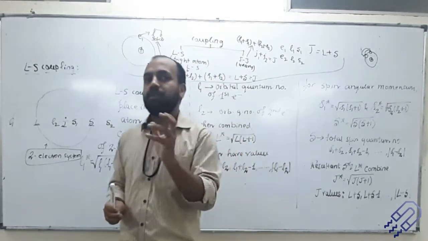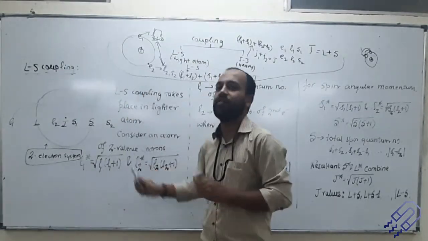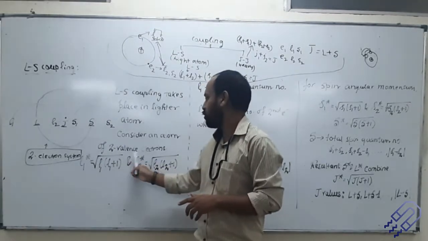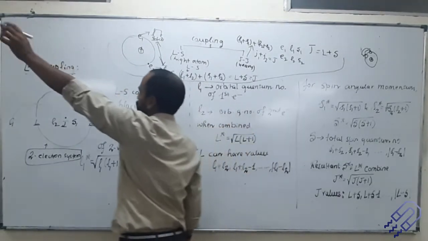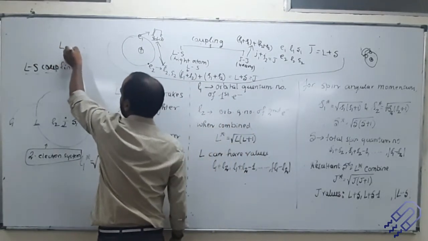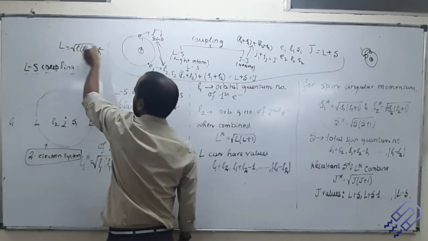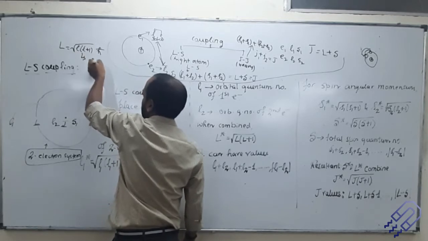Meaning, the motion of the atom as a whole will also be defined by the valence electron, right? It is going to have more effect. That's why we are considering 2 valence electrons here. Yesterday, when we wrote down the load, we wrote L is equal to root over L into L plus 1 H cross. We can also write this term as L star, H cross.